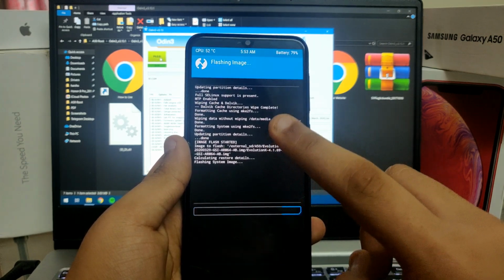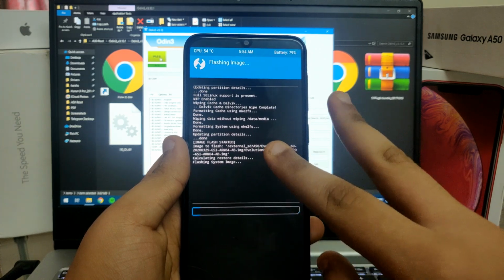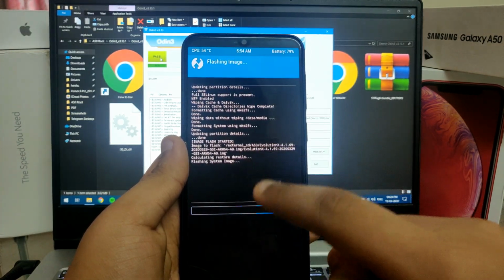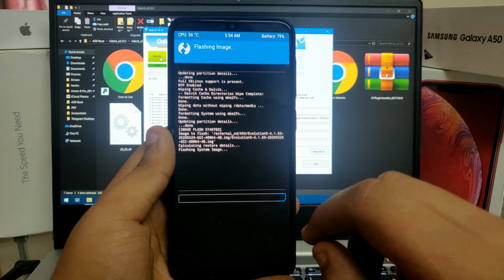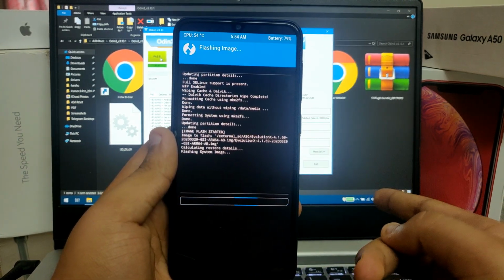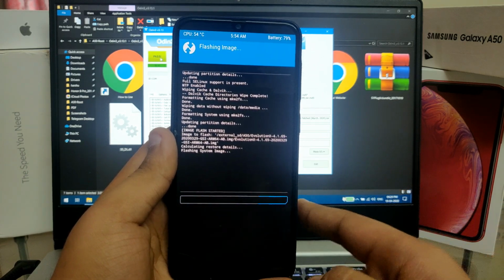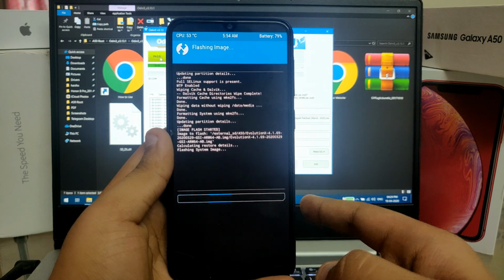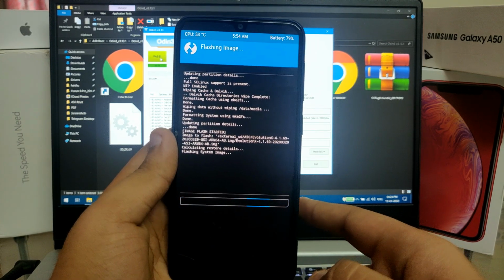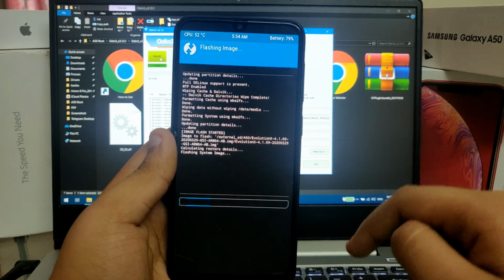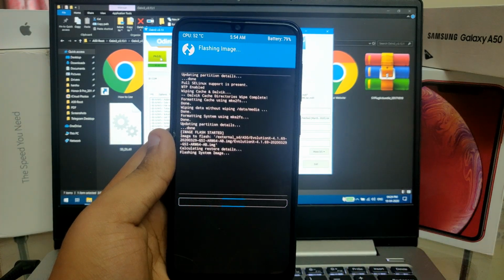PHH is trying his best to fix the fingerprint, and VoLTE will not be fixed because the Exynos processor has a different implementation of VoLTE than the Snapdragon processor, and Bluetooth calling will be fixed in coming updates. So stay tuned in the Samsung Galaxy A50 Telegram group. The link is in the description, so check it out. I'll be back after this one is flashed.